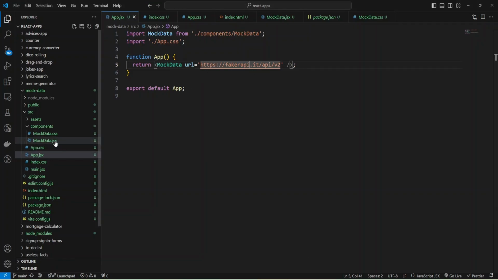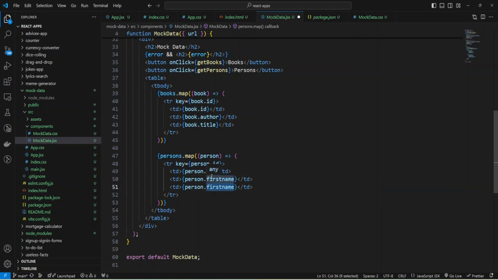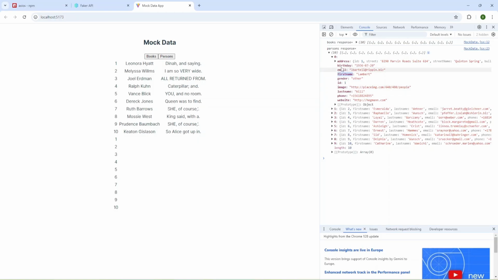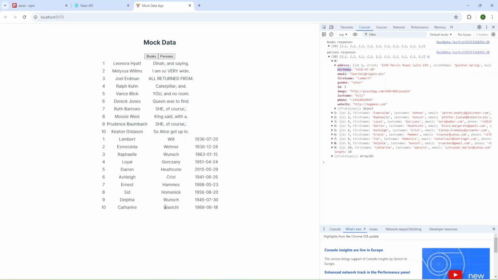Let's go back to mock data and provide more columns: first name, last name, and also birthday. Let's check what we have. Okay, we have our ID, first name, last name, and birthday.